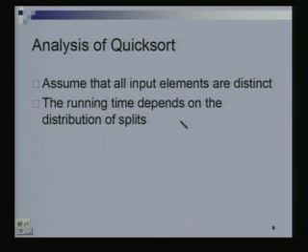Okay, so let's now try and analyze how much time quicksort takes. We have only seen that the partition procedure takes order n time, linear time, but we don't know how much time quicksort takes. So the time taken by quicksort will depend upon how the split is happening. What do we mean by that? How many elements end up in the left part and how many elements end up in the right part? That's what we should find out, and that will determine how much time quicksort is taking, and let's see why.